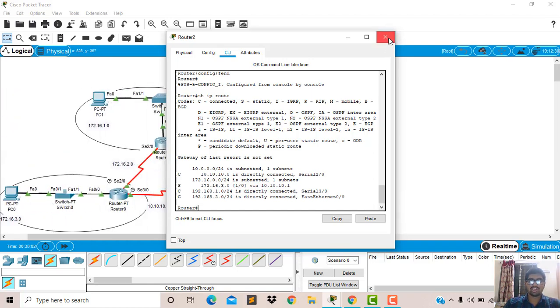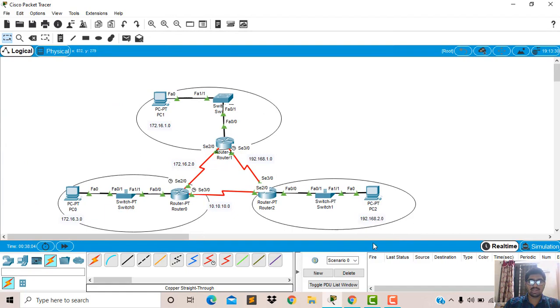Now we will check the packet. Now we can see the packet information is received from PC0 to PC2, that is successful. Now we will check which path the packet is going in the simulation mode.